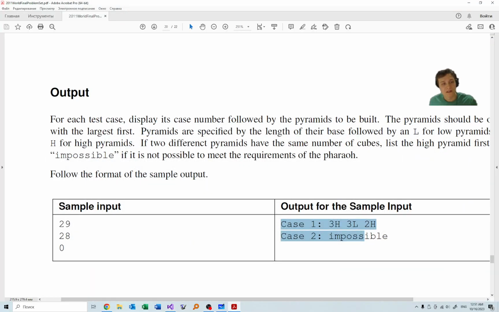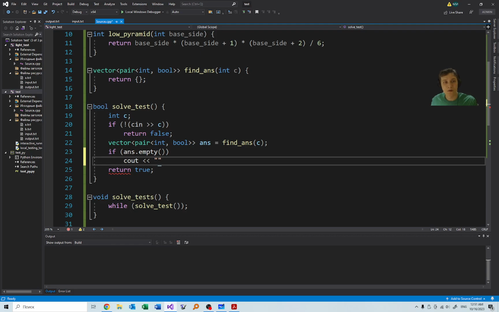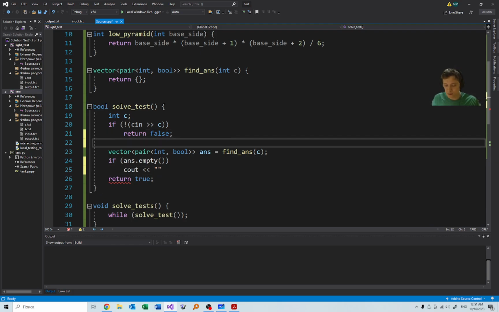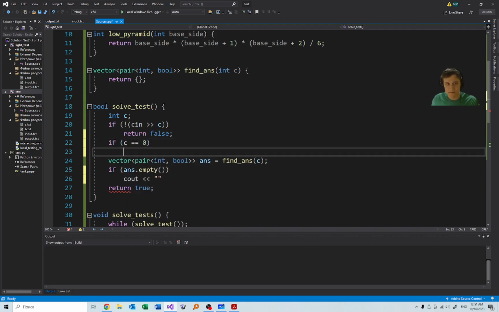And also, the end of the input is not denoted by the last integer. It's denoted by an additional 0 on which you do not need to reply. So there is no case 3 here, although there is a 0 here. We not only need to stop when we didn't read an integer, we also need to stop if we see that c is equal to 0. We also return